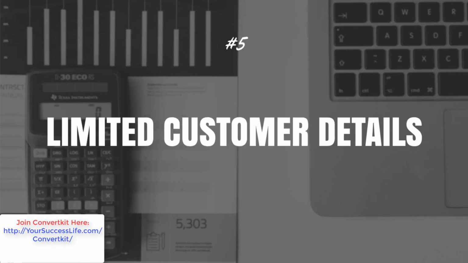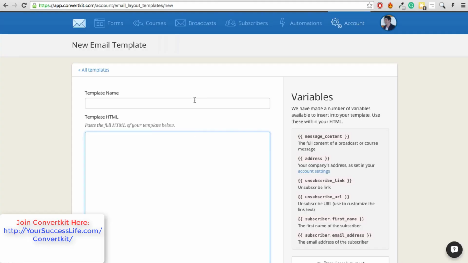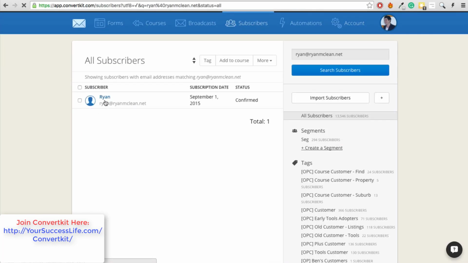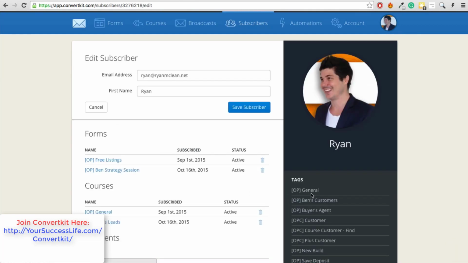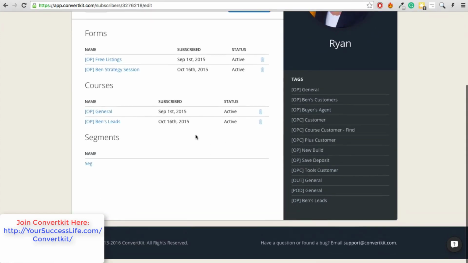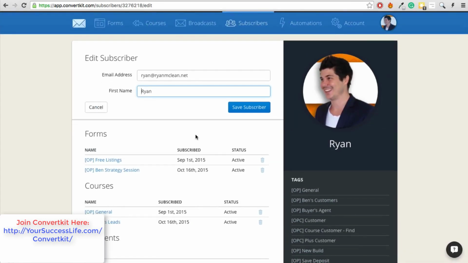The fifth thing is limited customer details. So if I go into my subscribers section, and if I go and edit a subscriber, I'm just going to choose myself there. If I click on edit subscriber, then I can add an email address and a first name of this subscriber, and that's it. I can't add an address, I can't add a phone number, so it's very limited in what you can do